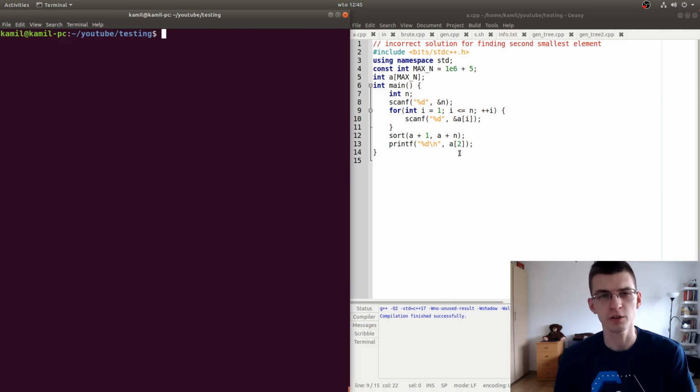Today I will show you how to test your solution during a contest or after a contest when you want to solve a problem. I'm using Linux here, but in Windows it should be similar, just the script will be different. And the whole thing should be especially useful during, for example, the Polish Olympiad in Informatics, when during the second stage